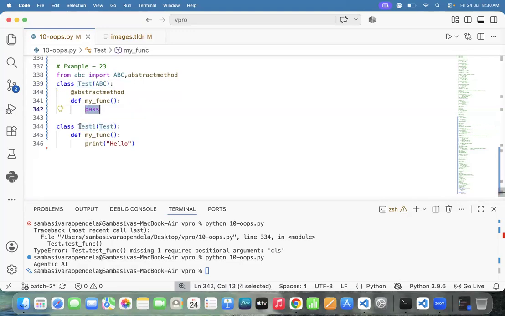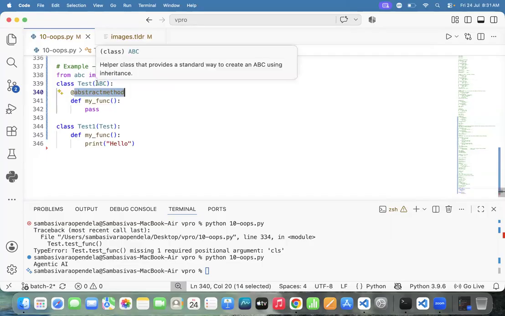But who knows the code? My friend knows the code. Yes or not? If you don't know the code, how do you tell that information? Using the @abstractmethod. And not only that one, if you want to use an abstract method,